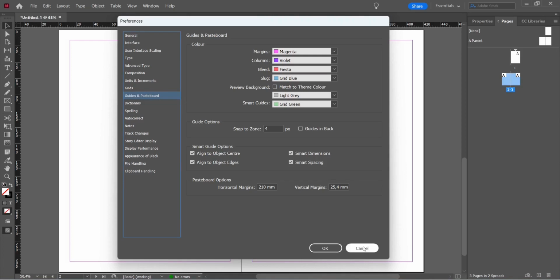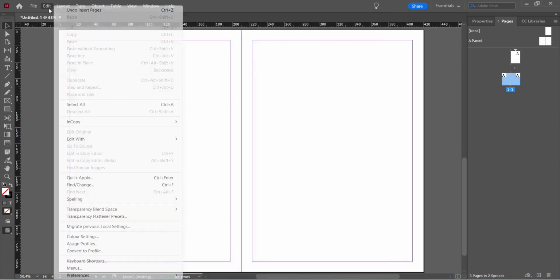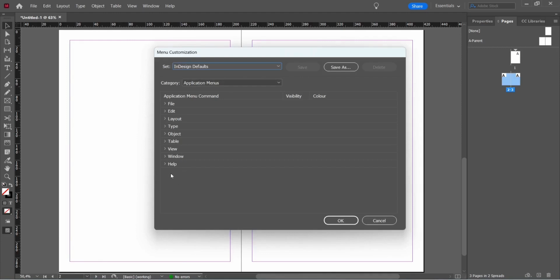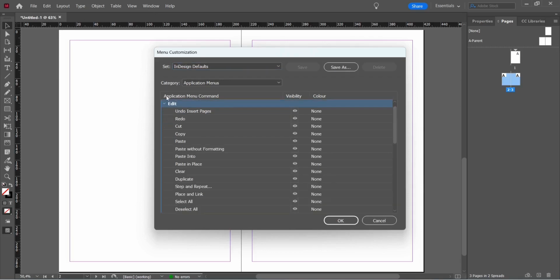Okay, let's close it. And again, on Edit, if we go on Menus, we can also customize some other menus, which are the same menus we see up here. So from File to Help, here they are. For example, let's click on Edit, and we're going to see here the same options we see by clicking up here. And also in this case, you're going to come back here as soon as you learn more about